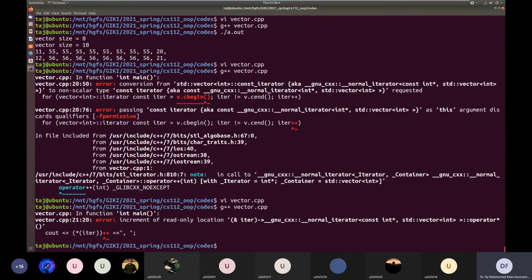Okay. So you see now it is telling me that I am trying to increment or change a value which is being referred to by a const iterator. A const iterator is not meant to change things, it is only meant to read. So whenever you are only reading that element, it is better to use a const iterator to prevent accidental mistakes. It's just like const references when you pass them to a function, or other const variables.